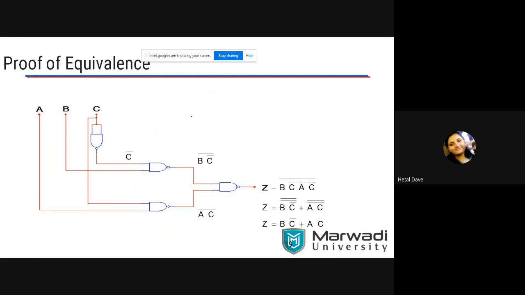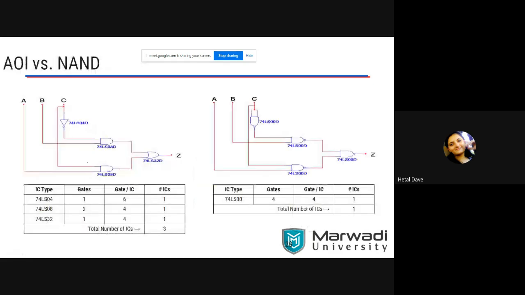Okay, but what is the comparison? Over here proof is given. The same Boolean function we can get from this derived circuit. So over here at the last, the comparison is given. This was the main circuit and this is a circuit implemented by only NAND gates. See, everywhere NAND gate is there. So as per the comparison I already explained, to implement this circuit we will require 3 ICs. The same function can be implemented using only one IC.